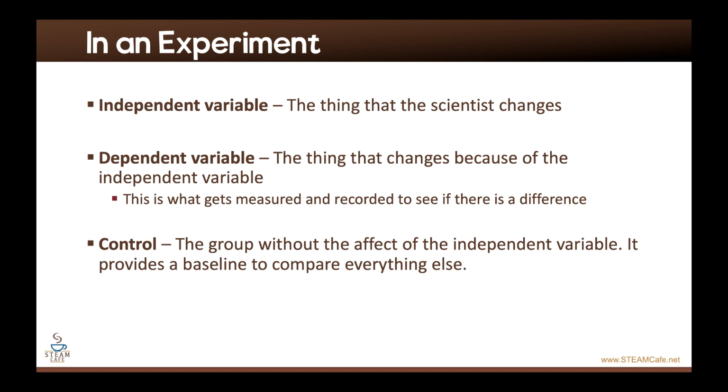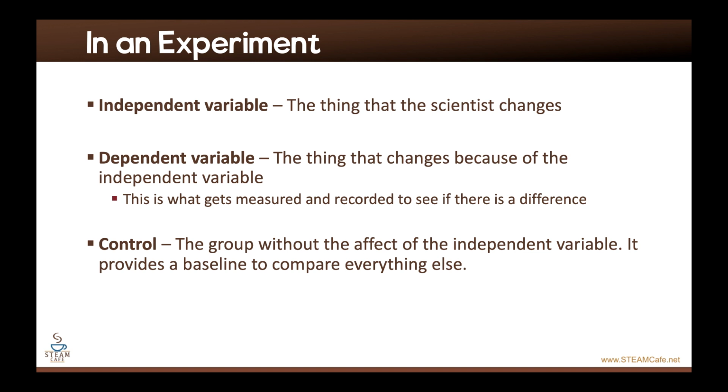Now, you as the teacher hold them to a certain scientific standard. Remember, I talked about the nature of science, right? So in an experiment, there are certain parameters that we have to adhere to. The reason we adhere to them is because we want to make sure that the data we collect is valid, and that it's not due to something that we haven't considered. So these three things are probably the big things that you as a teacher should hold your kids to as a standard. First is an experiment has to have an independent variable.